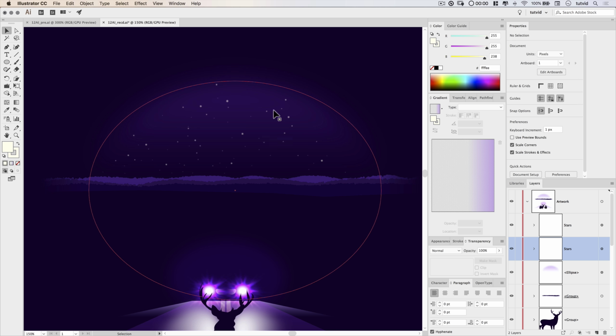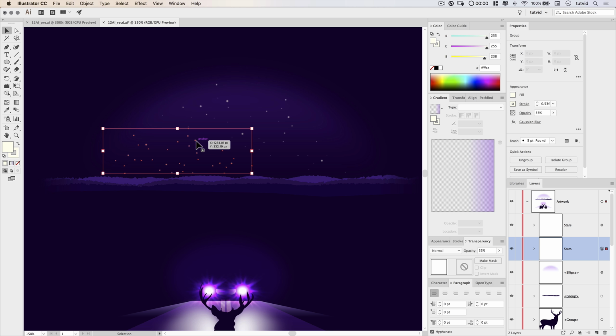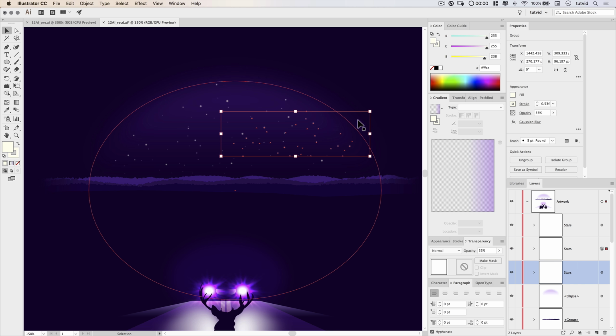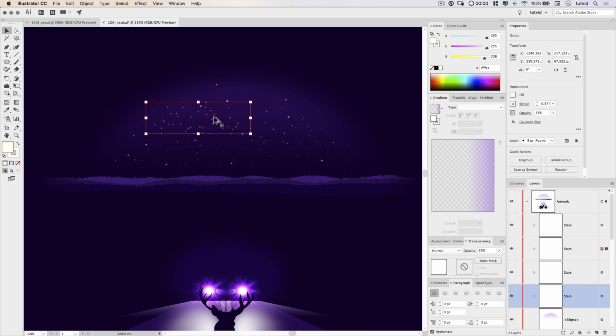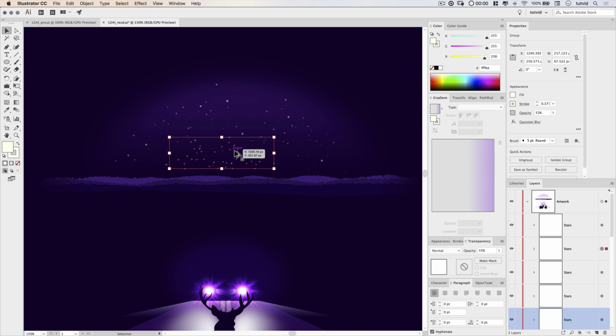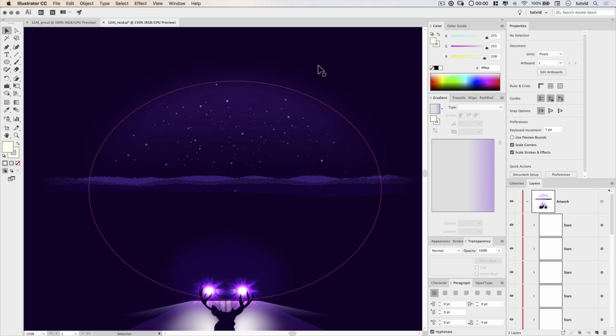And we begin to really mix up the stars. And then we could take the stars and really mix things up by making a smaller copy of them and duplicate another small copy there. And I'm just holding down Alt or Option and dragging out copies of the stars and making a bunch of copies of these stars and really adding to the depth of the stars in the sky. It really starts to build a much more realistic looking galaxy, if you will.